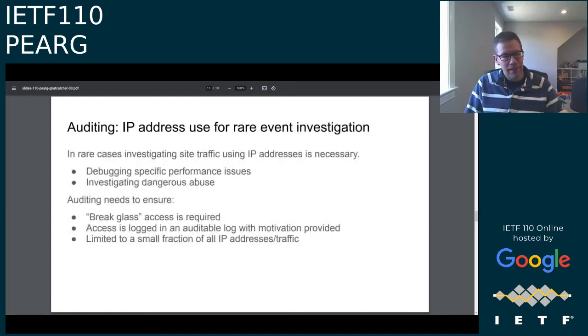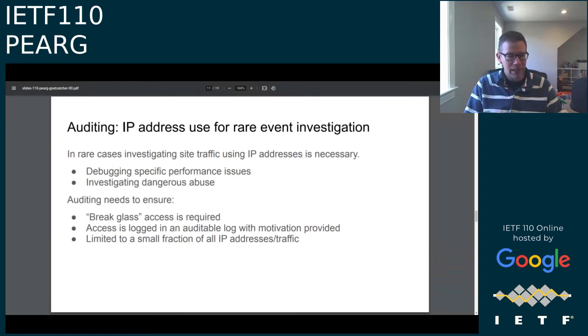There are also rare cases when you might need to use an IP address. So for example, if somebody comes to you and says, I'm getting really bad performance, here's my IP address, and you have their permission to look in the logs for it. So you might need to debug one particular address here. Also, if there's some really dangerous abuse going on, you might need to investigate further. So in these cases,